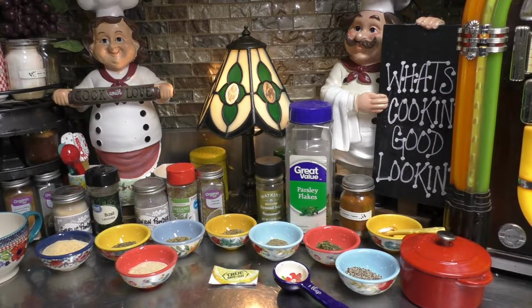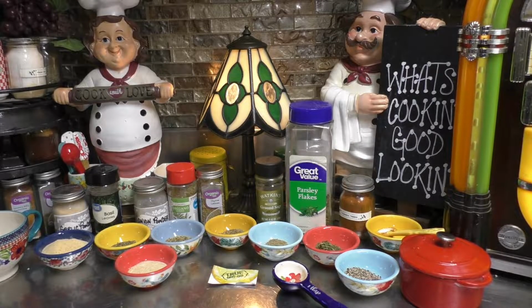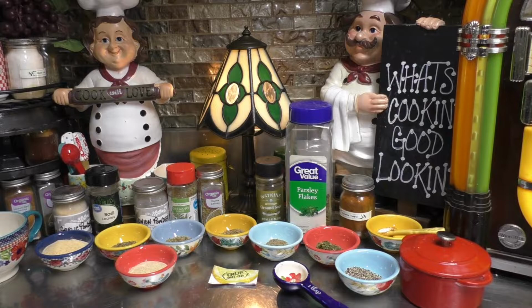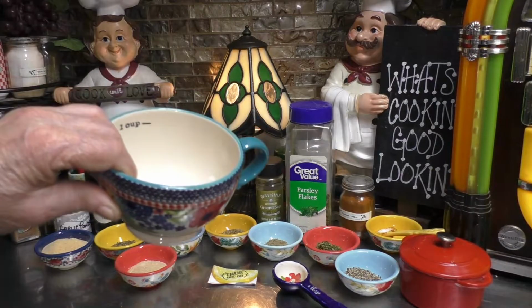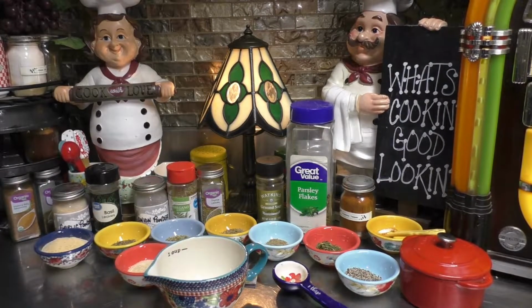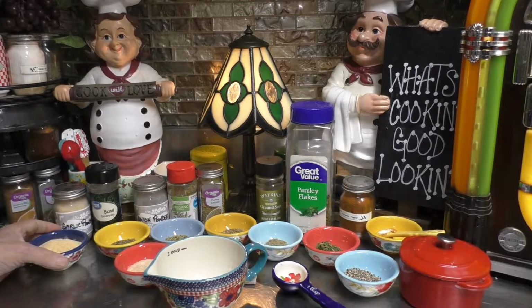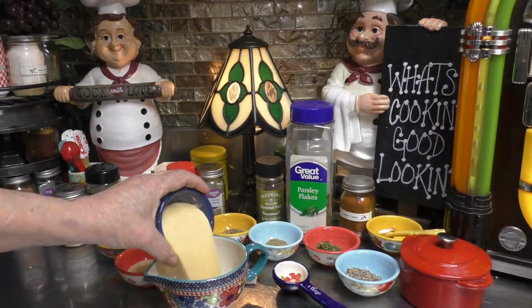Well, let's get cooking. Today, I'm going to show you a copycat version of Mrs. Dash salad seasoning. So with that being said, we're jumping right on in. I have a 1 cup measuring cup. Now, I have 3 tablespoons garlic powder,